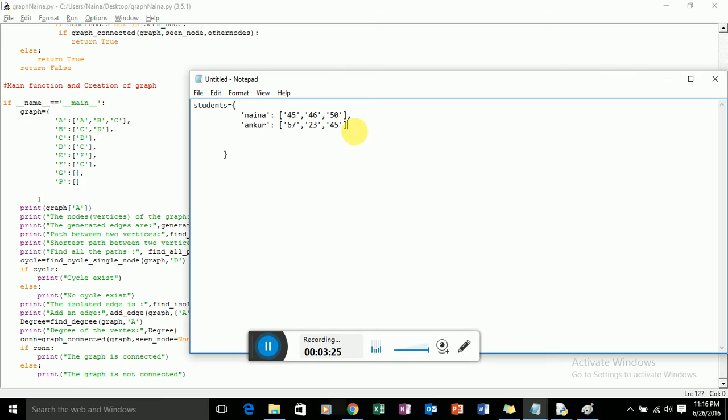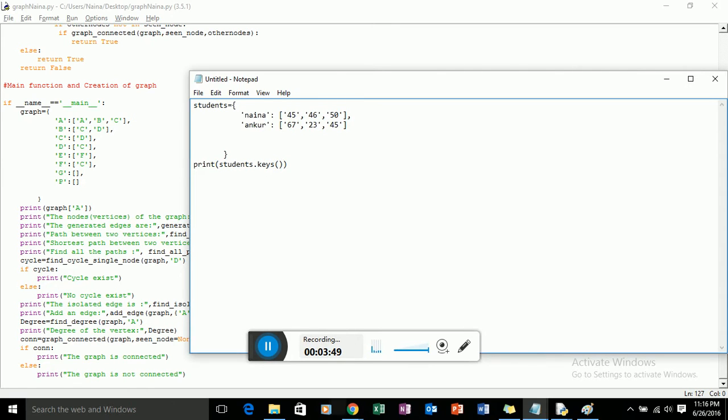Like we see in a hash map, we have a key and value pair. If I want to access the marks of Nana, I'll just write print students dot keys.